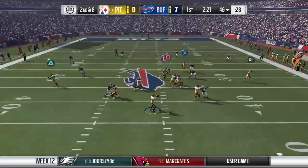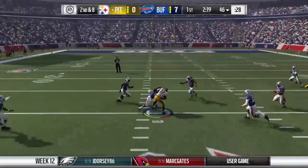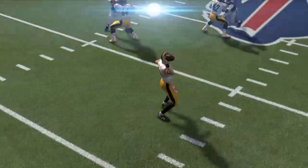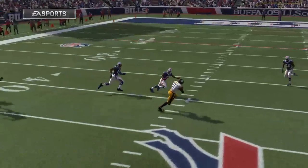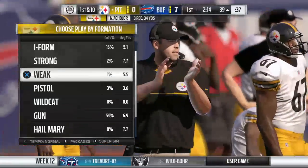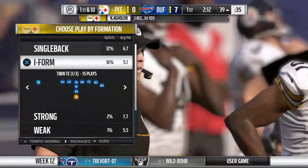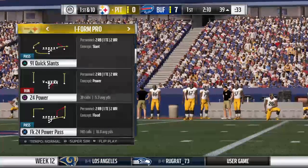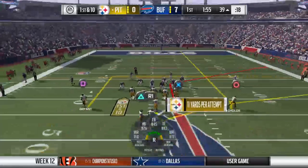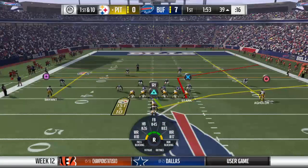Now they'll throw here out of the gun. It's caught by Aguilar. And he's brought down. And 15 yards there on the catch and run. That was a nicely run slant route, and what the receiver's trying to do is make the defender think he's going upfield for a deeper route and then breaks it off, usually after about 3 to 4 steps, and cuts towards the middle of the field. And now what he's trying to do is use his body to keep the defender away from the